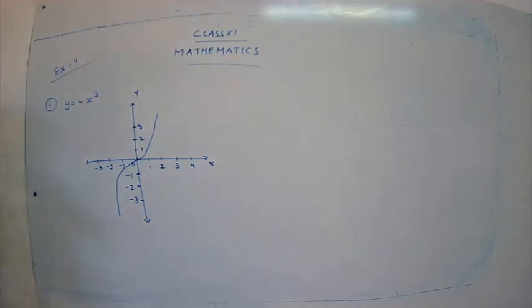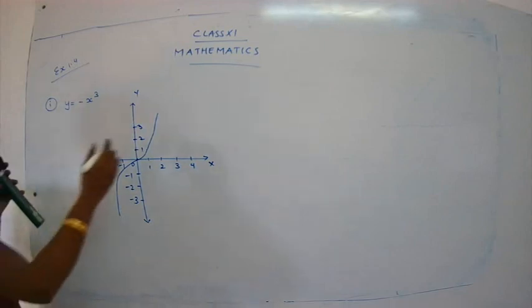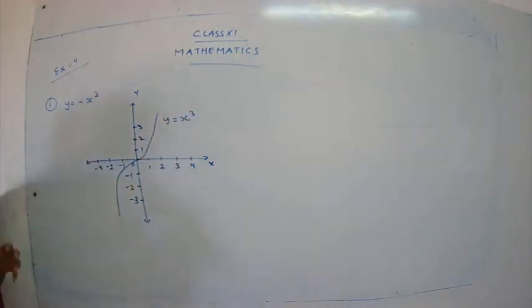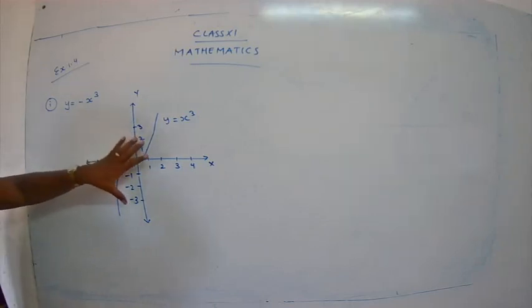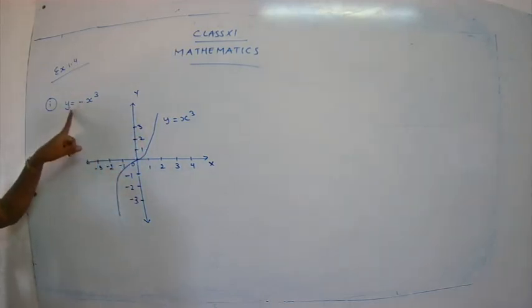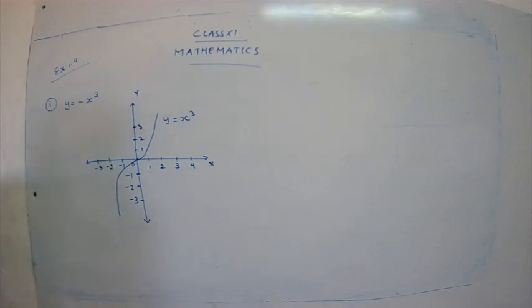This is the graph of y is equal to x cube. We have not completed our answer part. We are going to take the original graph because from this graph only we are going to make the changes. So we have to draw this graph first, and this graph will be used for all the 4 sums. They have given 4 subparts, yes? After drawing the original, only later are we going to draw the required graph.